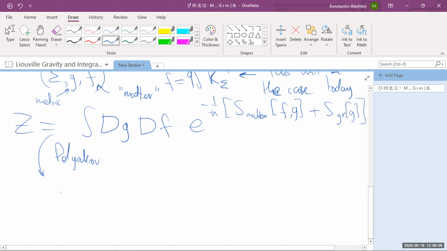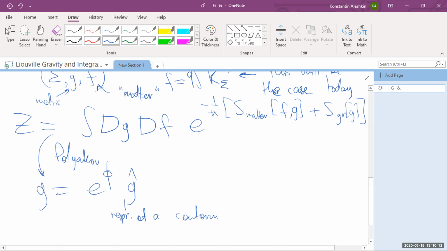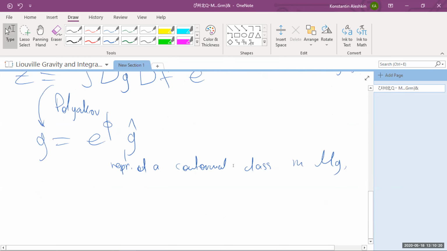Okay. So the idea of Polyakov is to separate the integration over, say, conformal classes of metrics. So it's a representative of a conformal class, let's say in G, and this is a conformal factor, and then the partition function becomes